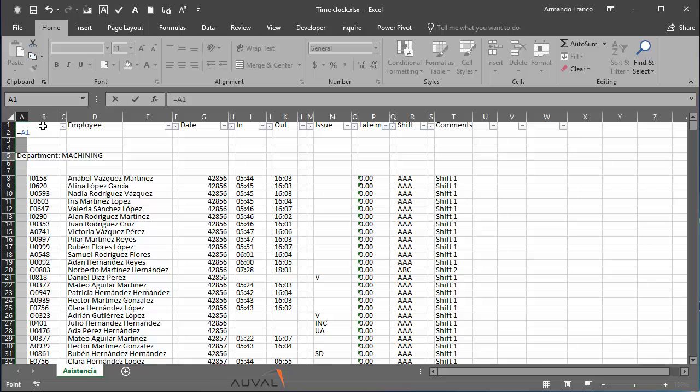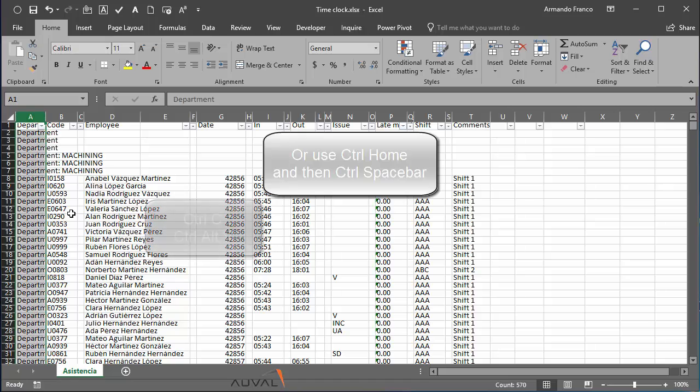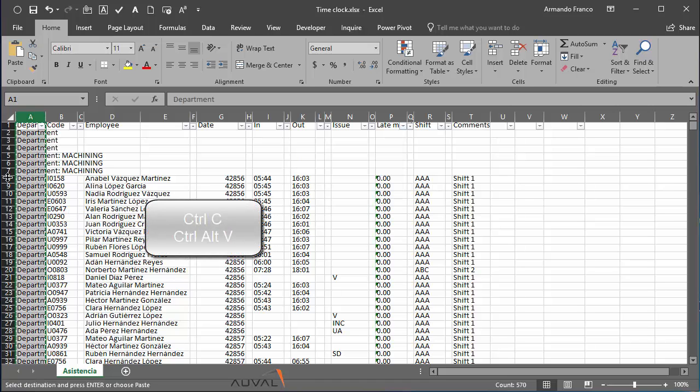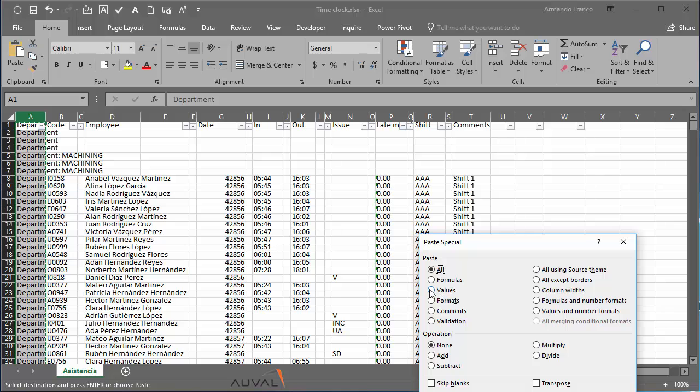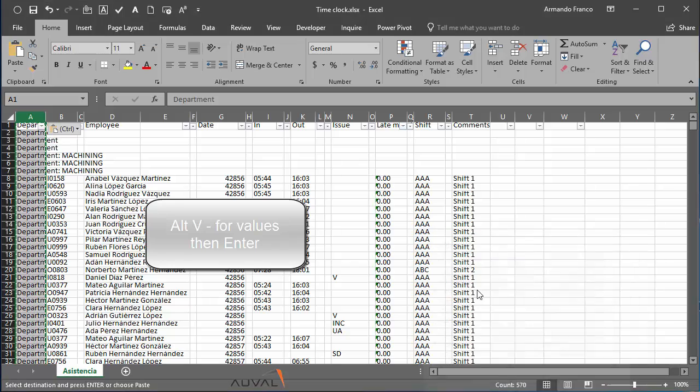I'm going to get a lot of references in the first 4 cells. That is because it cannot go to A0. So we get the reference error. Doesn't matter because we're going to delete those cells anyway. If I had something in there, such as department, it would have said department. So no problem. I'm going to select A, Control C, Control Alt V, V as in view, and in there Alt V again, values, enter.